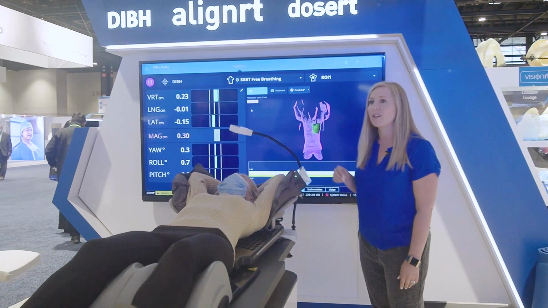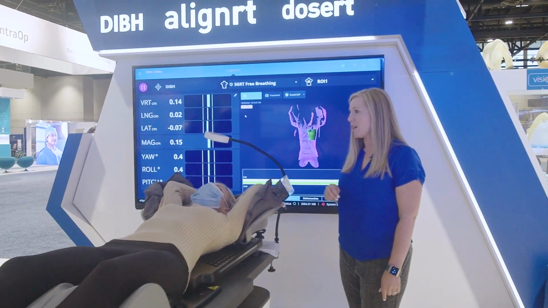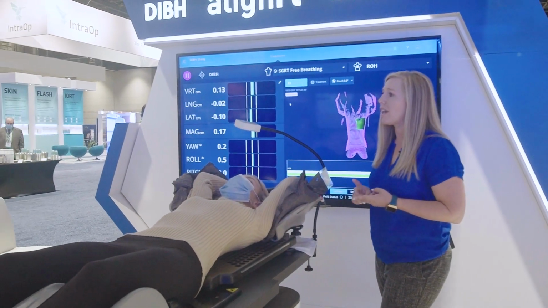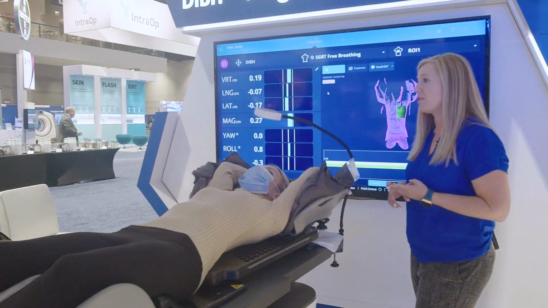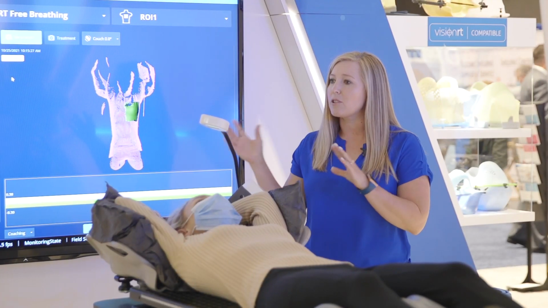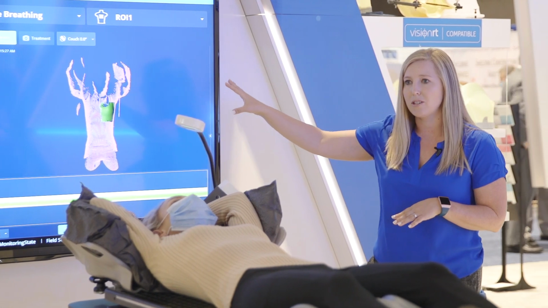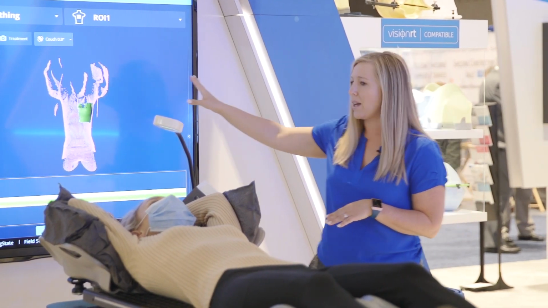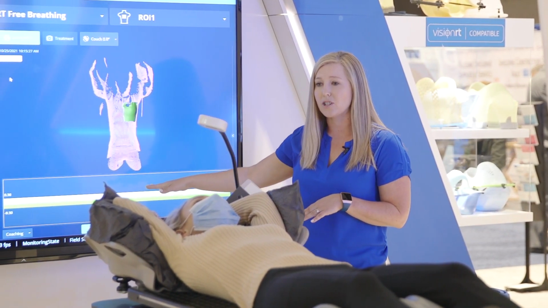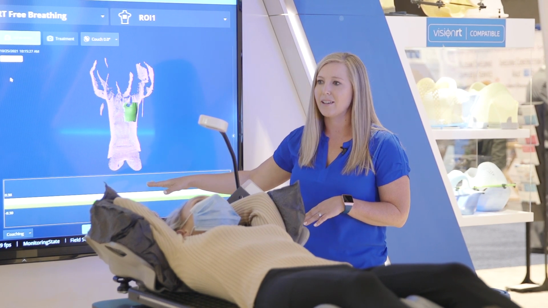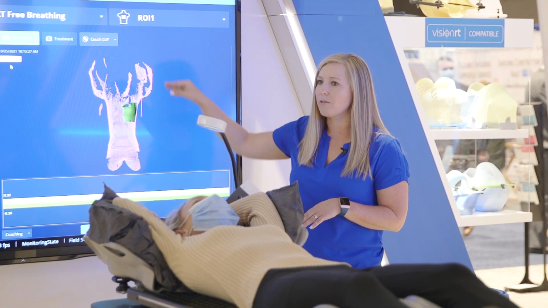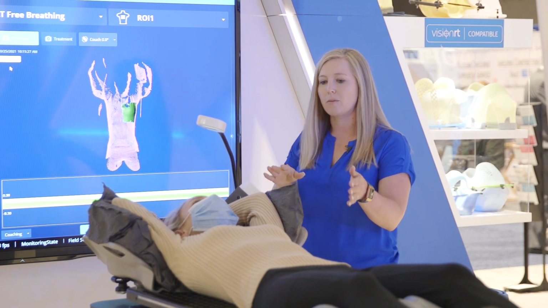So the first thing you need when you're going to do a DIBH patient is both a free breathing and a breath hold surface from your simulation. At that point, dosimetry would send those over and we would import them into our system, and that's what allows us to get our patient back into the correct position with the correct breath hold, exactly as they were in the sim. So we would import our free breathing structure set, and then we would get our patient set up